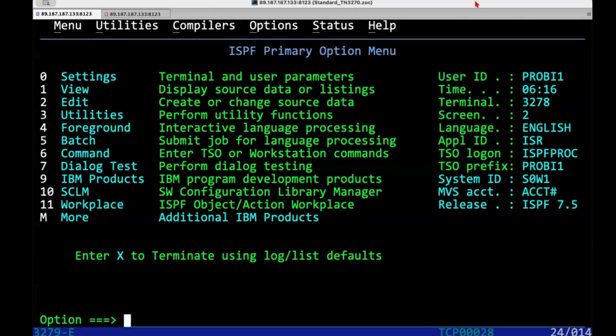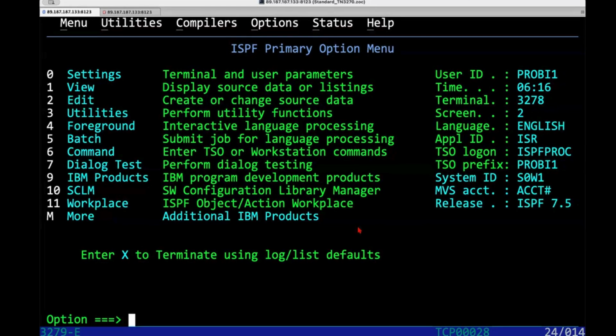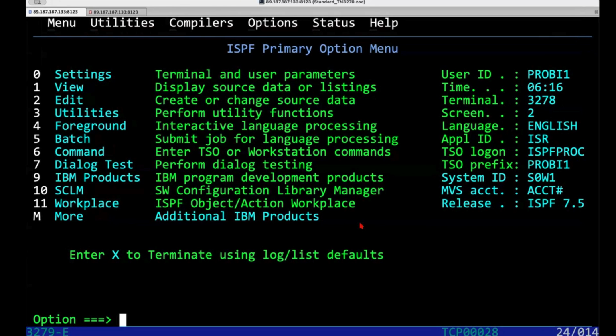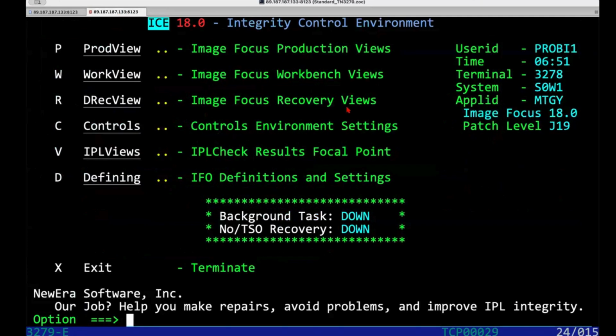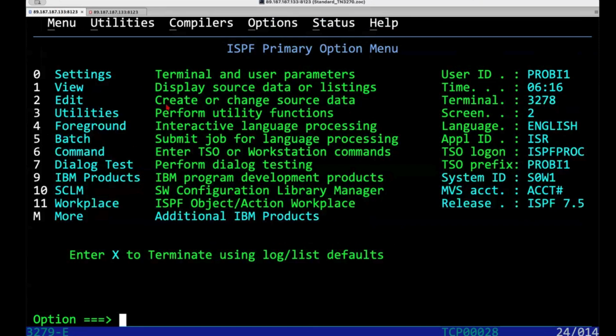Okay, so this is a normal 3270 environment. I have two environments actually set up here. This is TSO, ISPF you're looking at here. This, on the other hand, is a VTAM application that is an interface to Image Focus in the control editor. And we'll bounce back and forth between those two, but I like the TSO environment because it seems to be